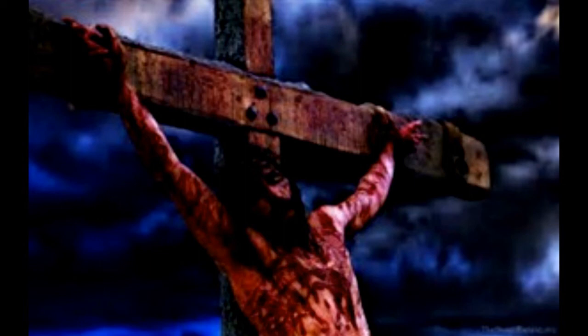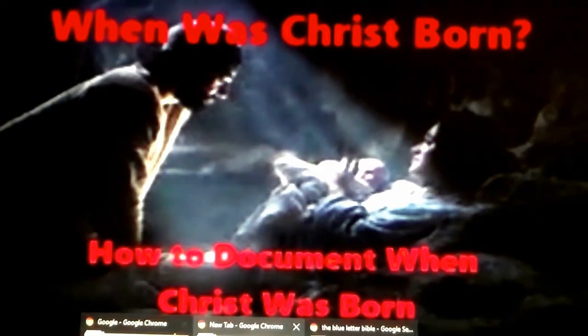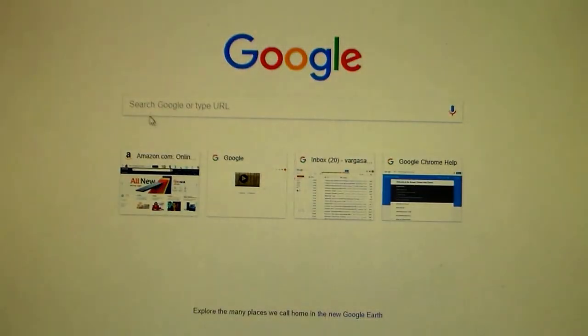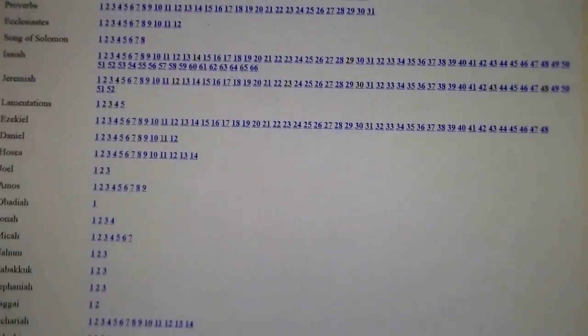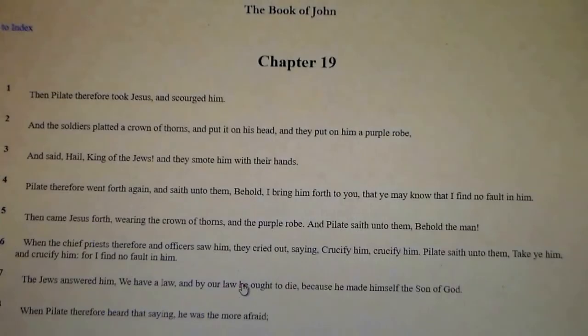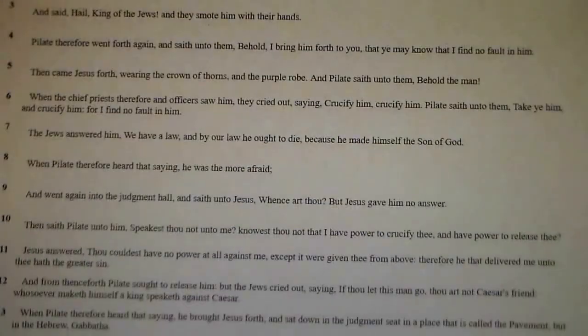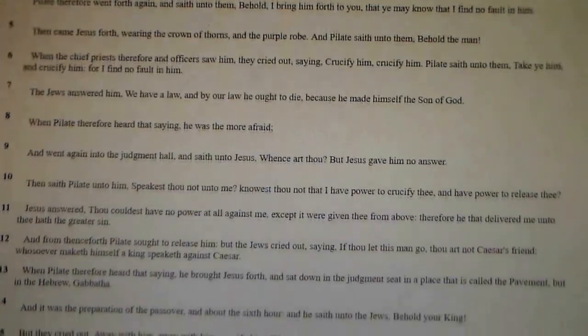So the number one question right now is, what year was Christ crucified? Like I said, we have two facts that we can work with, and here they are. We can go to the King James Bible. I like to use KingJamesBible.com. We'll go to the book of John, chapter 19, and here in verse 14, we see